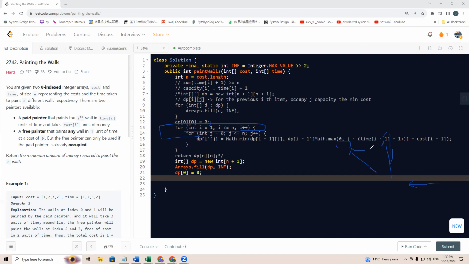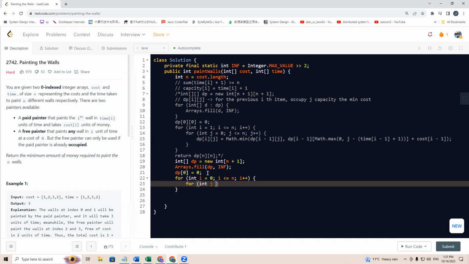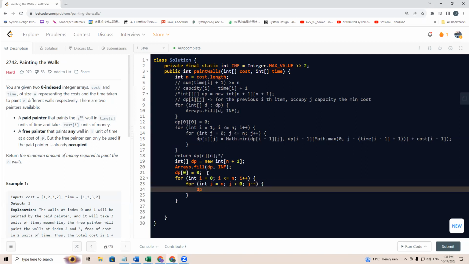So for int i equals 0, i smaller than or equal to n, i plus plus, and for int j equals n, j greater than 0, j minus minus,